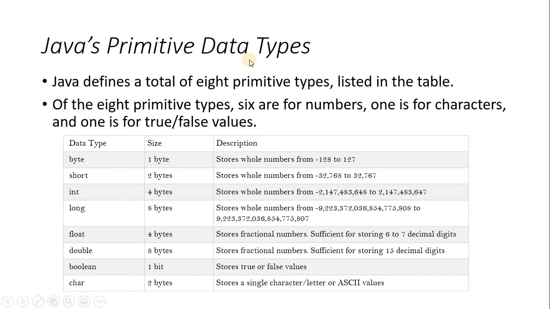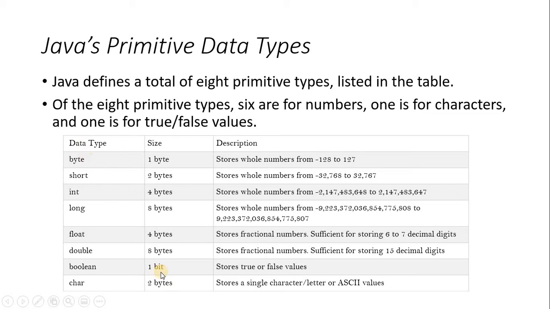So coming to the primitive data types, in Java there are primitive data types available. All are shown here. So 8 primitive types are available. 6 of them are for numbers, and one is for characters, and the other one is for true or false, the boolean value. Now you can see here the list for integer, or the numbers, up to double. So 6 among them are for numbers, and 4 among them are only for integer, and 2 for floating point, and 1 is for boolean, true or false value, and 1 for characters.